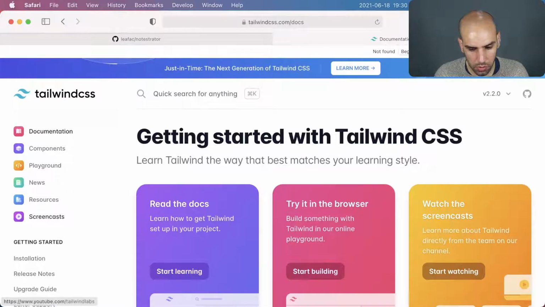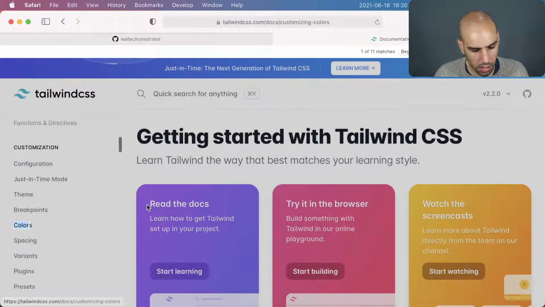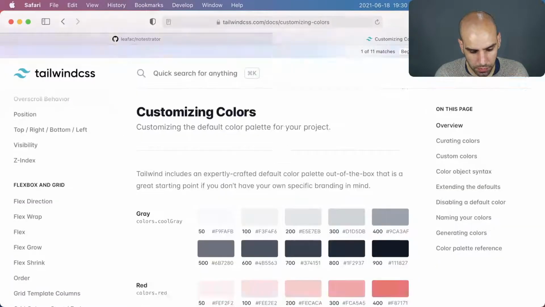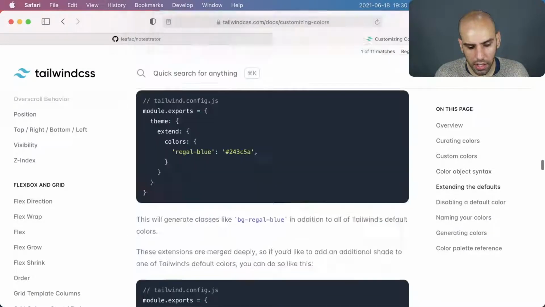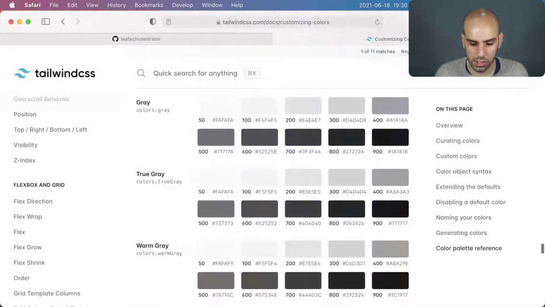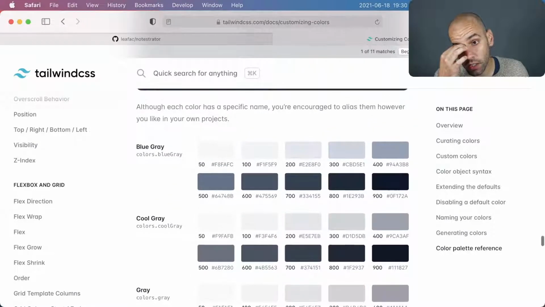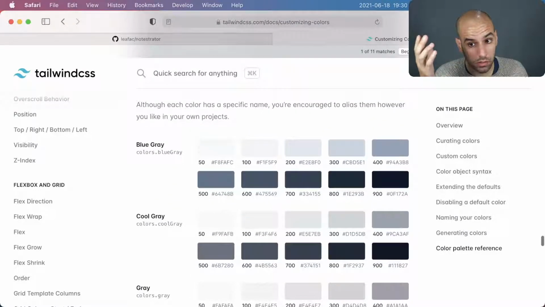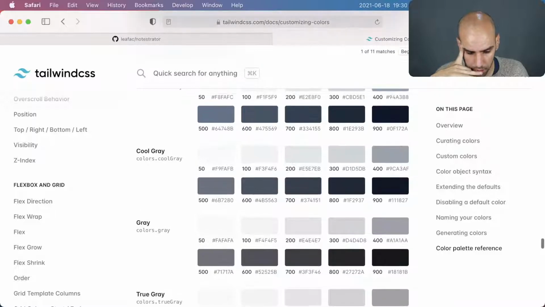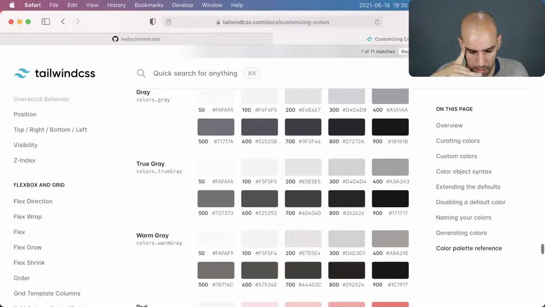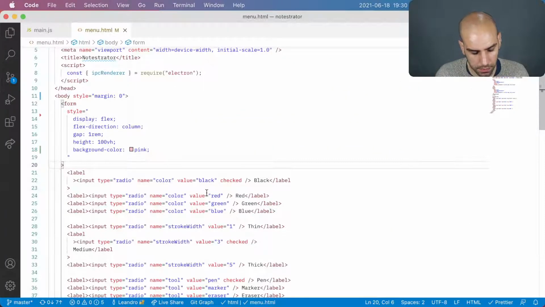So we can go there and borrow the colors. And I don't think I want all the colors in the design system. I know that I will want black and white. So I guess I can just say